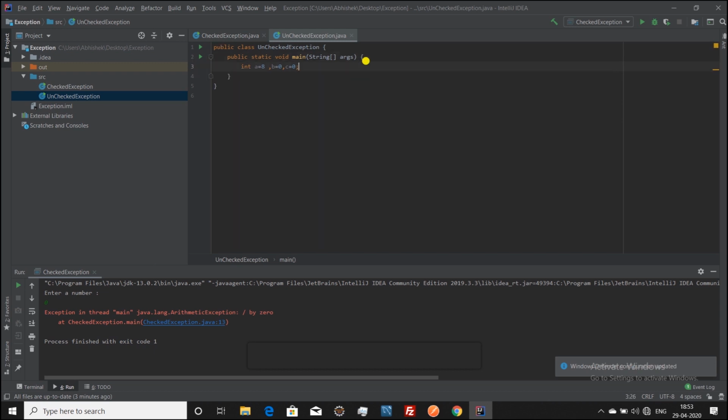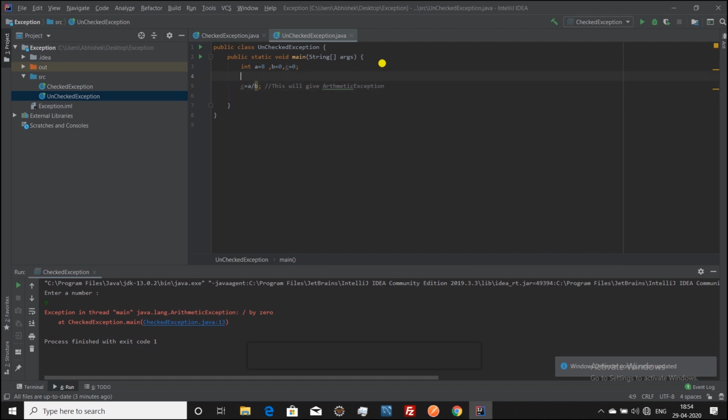Now we will write c is equal to a divided by b, which means 8 divided by 0. This is not giving an error because this is logic which the programmer has written, so the compiler doesn't understand that this may give an error. You can see this line of code is not giving an error right now.